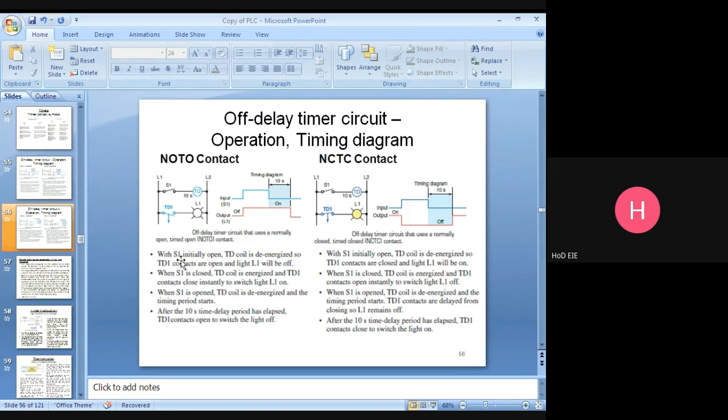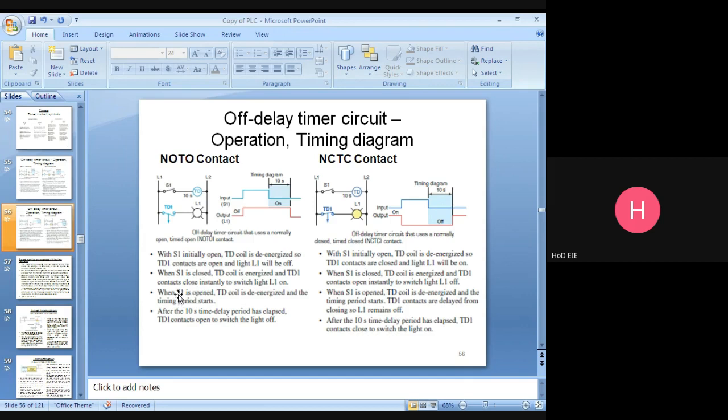Initially, with S1 open, the DD coil is de-energized, so DD1 contacts are open and light L1 will be off. This is the normal condition. When S1 is closed, the DD coil is energized and DD1 contacts close instantly, immediately switching light L1 on.